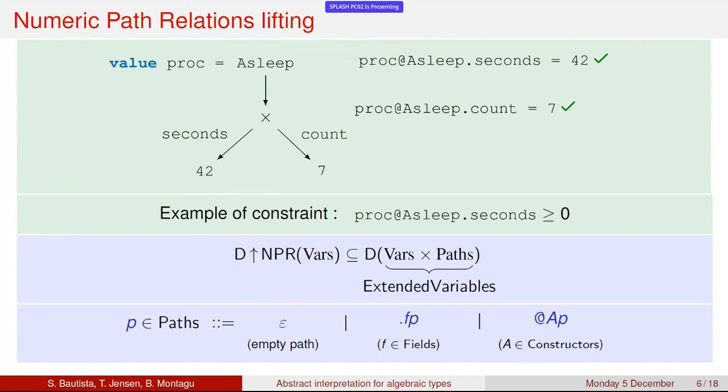And our paths are defined inductively, so it's either the empty path, or an access to a field, followed by the rest of the path, or an access to a constructor, followed by the rest of the path. The access to the fields are written with dots, and the access to constructors are written with an arrow sign. Okay, and so